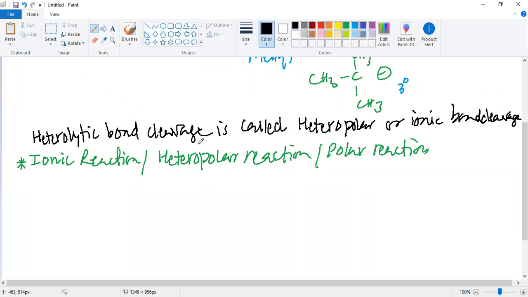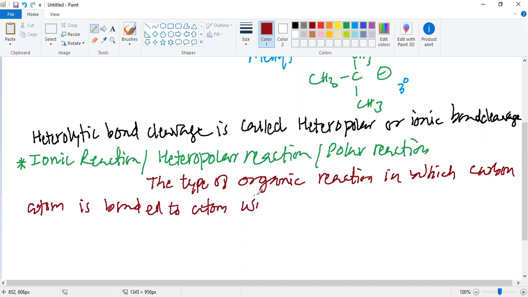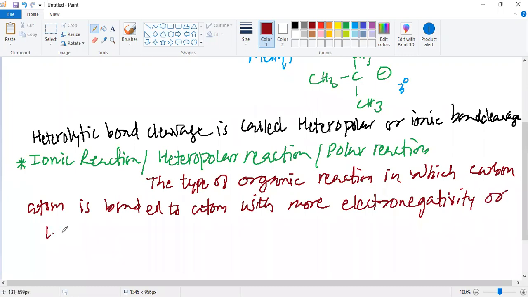For this, my dear students, we can write the definition as: the type of organic reaction in which a carbon atom is bonded to an atom with more electronegativity or less electronegativity. So during reaction,